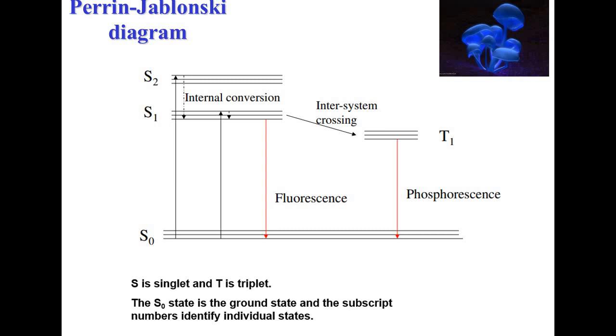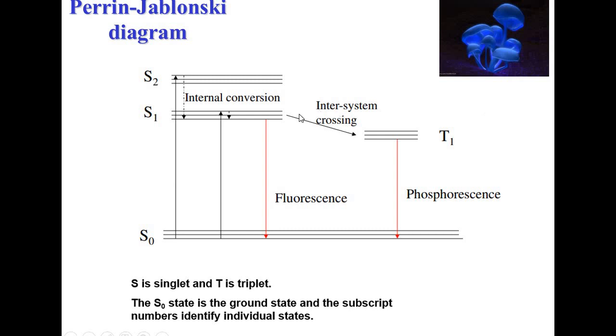The next pathway is the radiative pathway, in which there is a transition from the singlet excited state to the singlet ground state. S1 is the singlet excited state and S0 is the singlet ground state. This transition occurs via the emission of light, and this is known as fluorescence. This process takes place very instantly, in about 10 to the power minus 9 seconds.